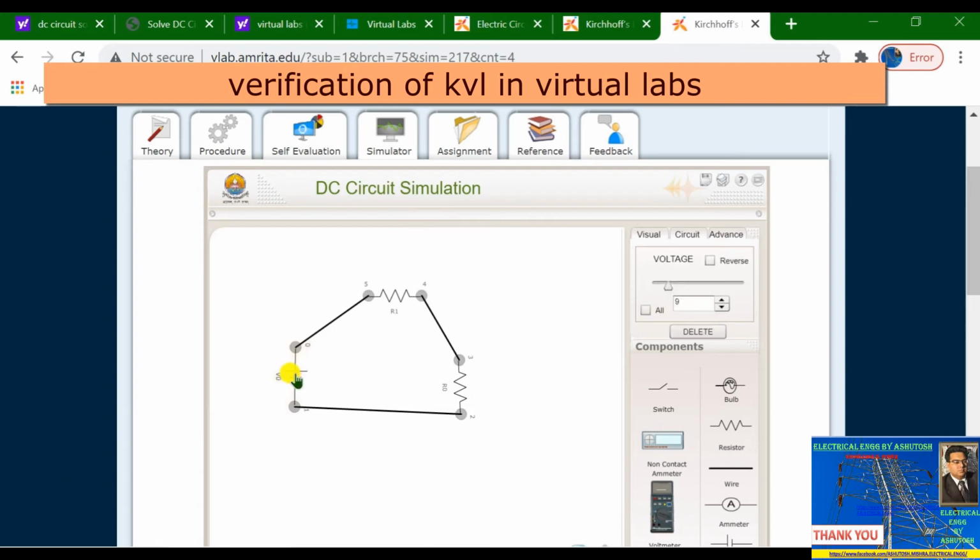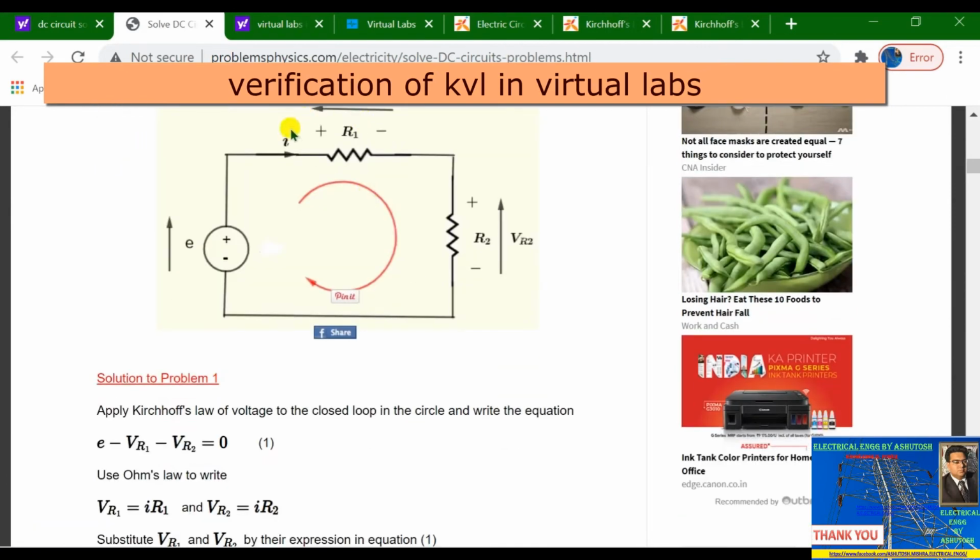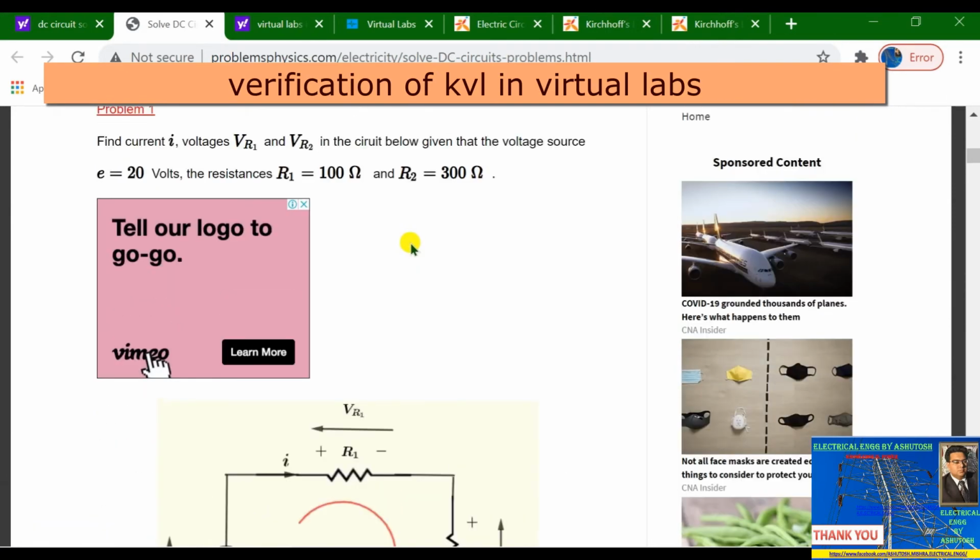Now you have to select the values. For battery voltage, click on the battery and then just type 20, so the battery voltage is 20 volt. You will see here this is the voltage of the battery. Then for the resistances, in our numerical, R1 is 100. This is R1 and this is R2.